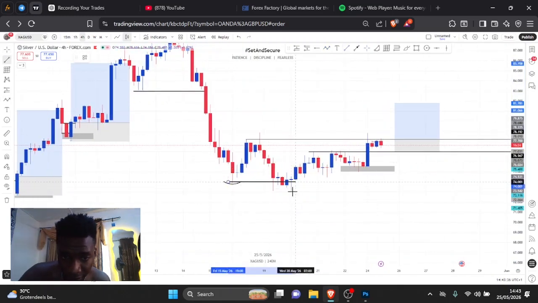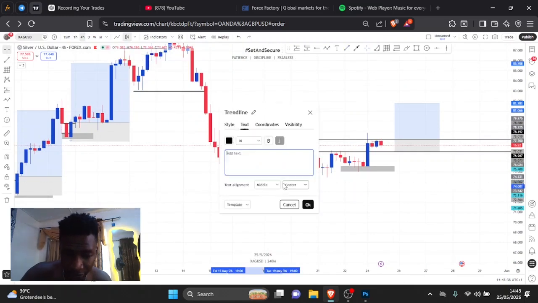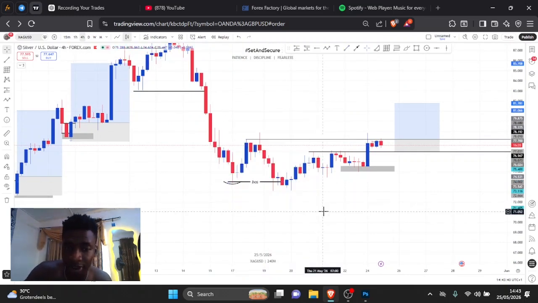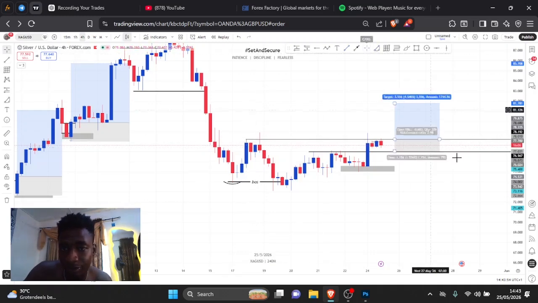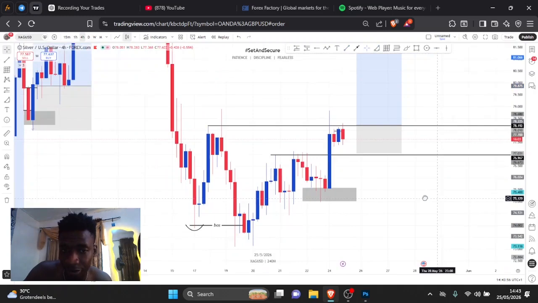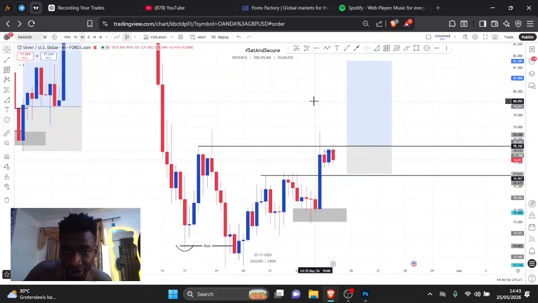But remember, we have a break of structure right here, and that means this is a protected high. Why did I choose here? Because this candle was created before this, and this is a bullish candle, this is a bearish candle. So if the market breaks above this point,